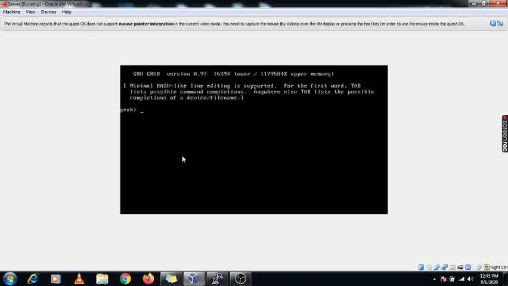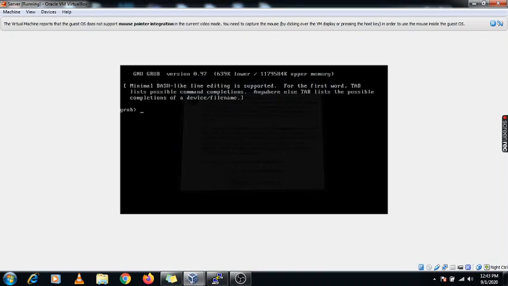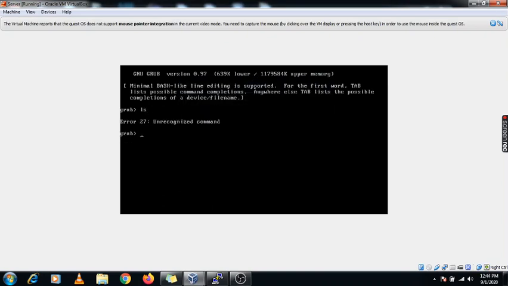At this grub prompt, we first check the ls command. Suppose the ls command is not working, there are some commands we use to troubleshoot this grub issue.